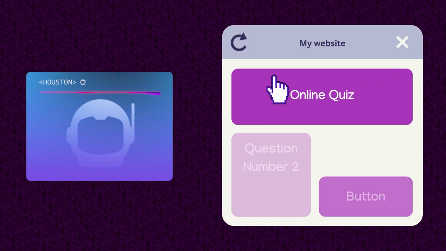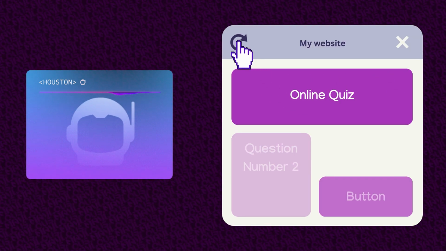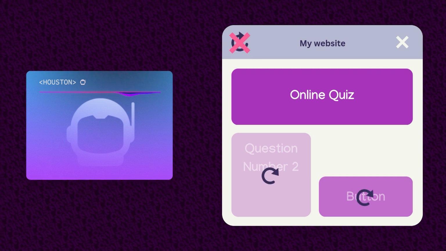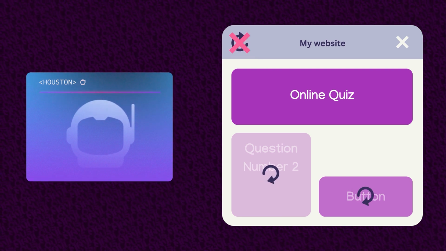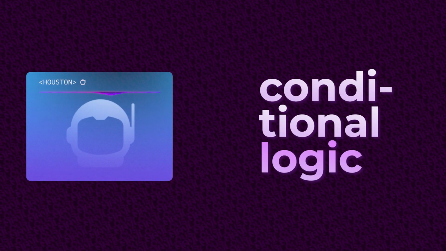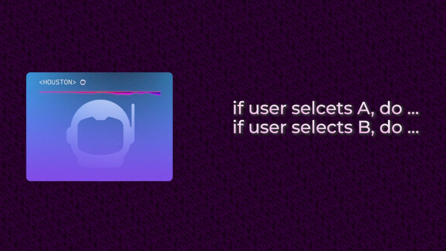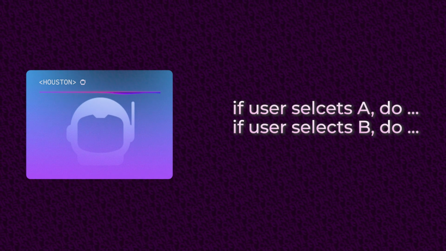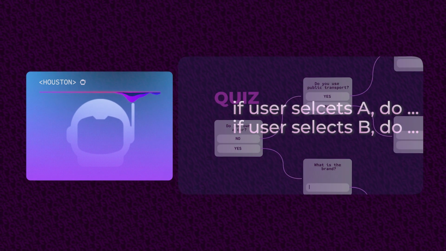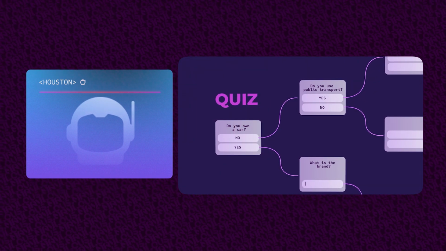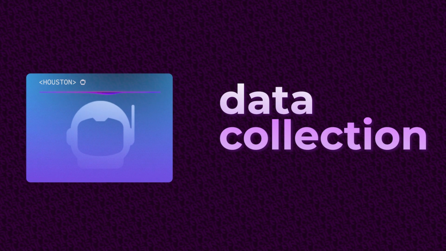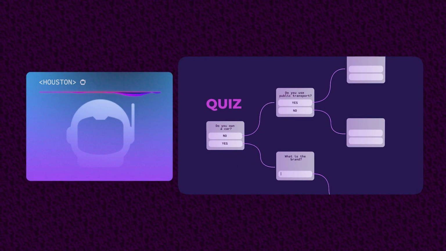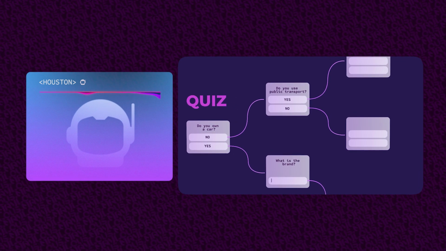JavaScript can listen to the user's input and instantly update the form by showing the appropriate follow-up question without reloading the page. Conditional logic. Using if statements or functions, JavaScript can decide what to display based on the user's choice. Data collection. It can track the user's answers in real time and send the final data to a server for